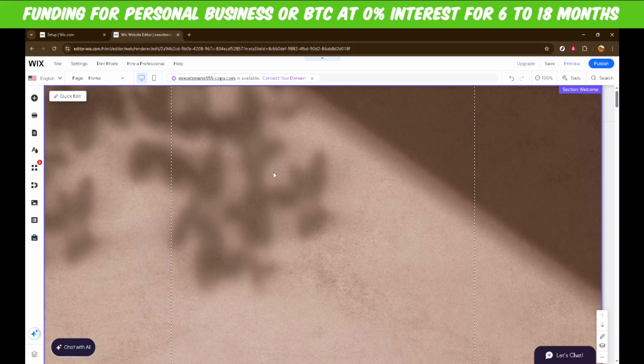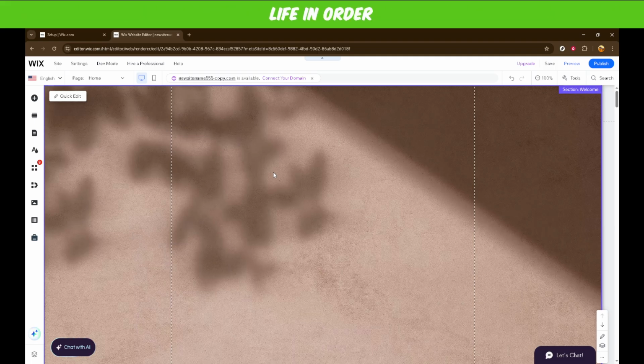First, head over to Wix and log into your account. Once you're in, navigate to your website's dashboard. This is where you'll have access to all the elements and settings you need. From there, click on the Edit Site button to launch the Wix Website Editor. This is your main hub for customizing your site, with various tools and options at your disposal to make your